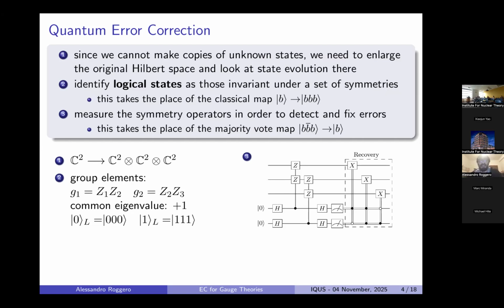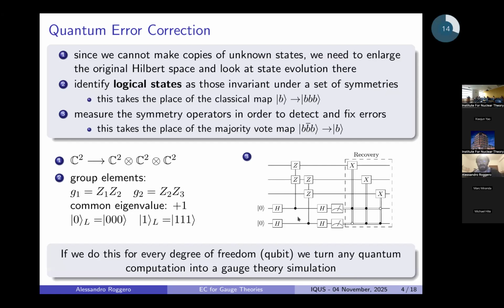So that's essentially one way of implementing the idea of the repetition code on a quantum computer. And of course, this trick of measuring symmetry operators without disturbing the system and using the outcomes to fix errors is what is described in this diagram here. The important thing to keep in mind is that when you're doing quantum error correction, you don't want to measure your system because that's going to collapse it. What you want to do is use external degrees of freedom, like additional qubits, to try to extract